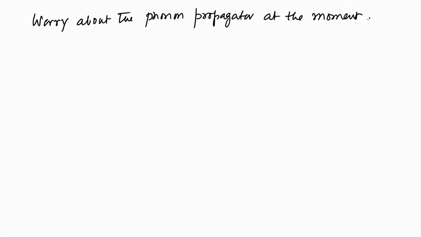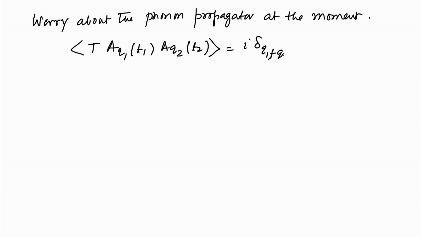So, that gives me easily T A q 1 T 1 A q 2 T 2, I delta q 1 plus q 2, d 0 q 1 T 1 minus T 2. So, that is the, let me write it neatly. So, delta q 1 plus q 2 will be equal to 0, which means q 1 equals